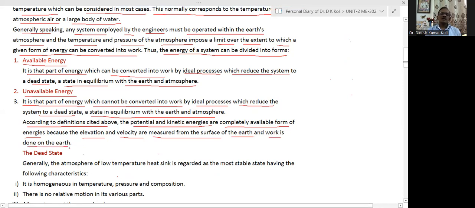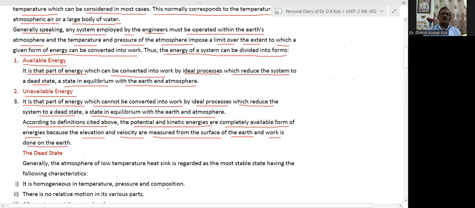We take the reference at the earth's surface, so above that surface, these energies are fully available energies. The part of energy that can be converted into work by the ideal process is called the available energy, and the part of energy that cannot be converted into work by the ideal process is called